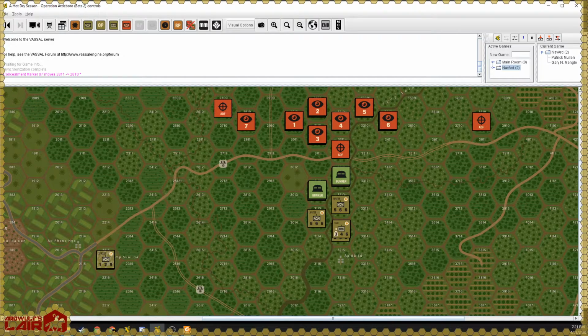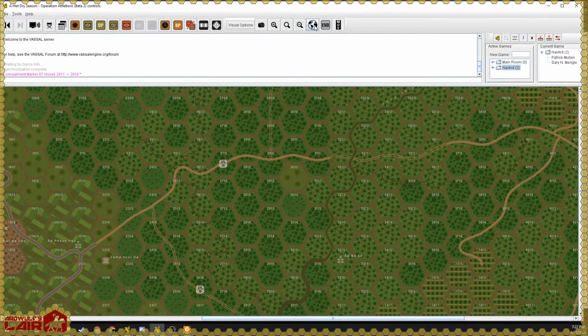But the next 6 scenarios, there are 3 basic and 3 intermediate, and this and the other 2 basic scenarios all build on each other. There's another basic scenario that has local force in it, because this scenario does not, and we'll show how those work. And there's another scenario that has an historical NLF attack, trying to attack Camp Sweden, and the commitment of Mike Force, the Special Forces reaction force, to stop them. Players run through that, and then there are some intermediate scenarios, and then the campaign,